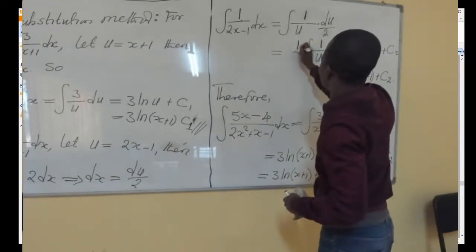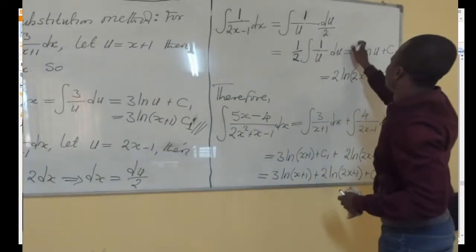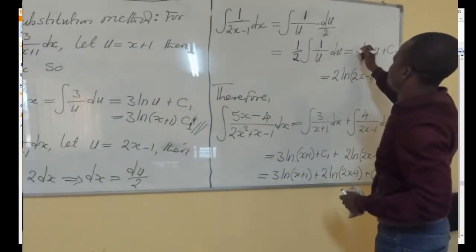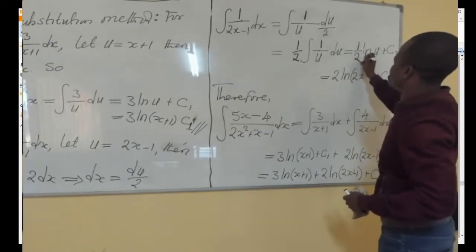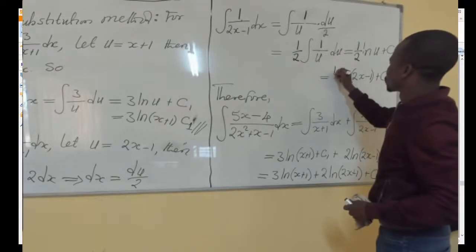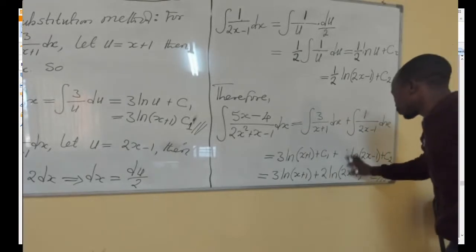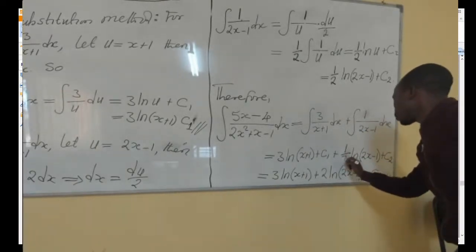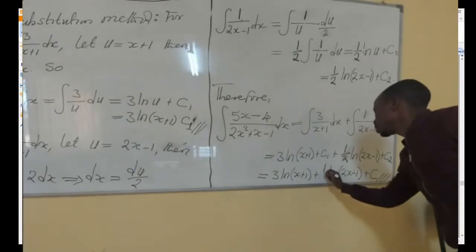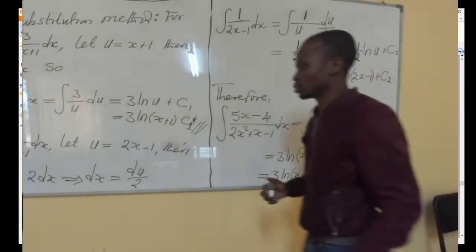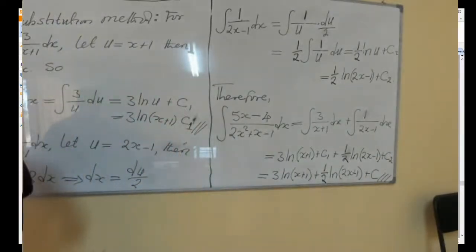Then we're supposed to take out this. So what we're supposed to have here is the 1 over 2, not 2. So 1 over 2, sorry for that. So we are supposed to have the 1 over 2 here. And lastly, the 1 over 2. Please, do the simplification and see where we went wrong, and then you just need to verify, please. Okay, but either way, from the look of things, you've understood how to handle